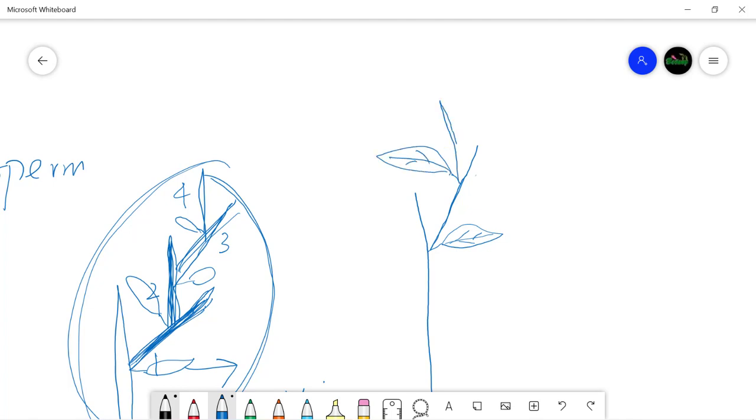So this is the next branch. So this is the main axis, this is the branch of the first order, and this is the branch of the second